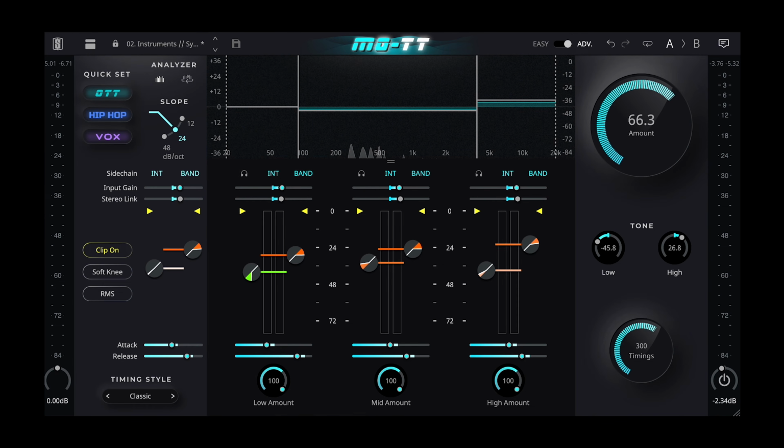Below the meters we have attack and release controls, and again you'll start to see this theme where we have this global control and we also have independent controls as well. Then we have this timing style. Classic gives you the exact recreation of the original OTT's timing style. Then if we go through to smooth, this is going to give us a much more smooth transient response,